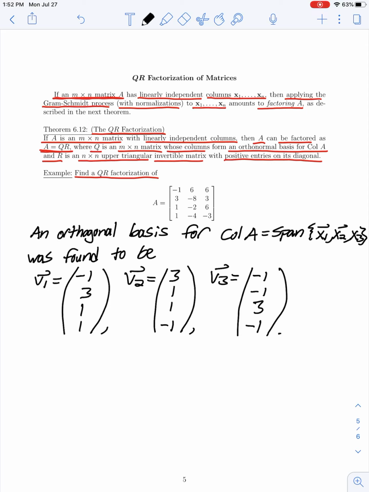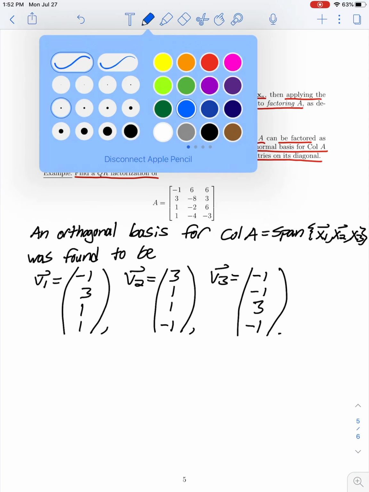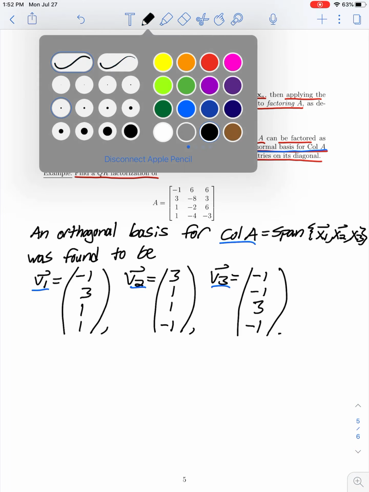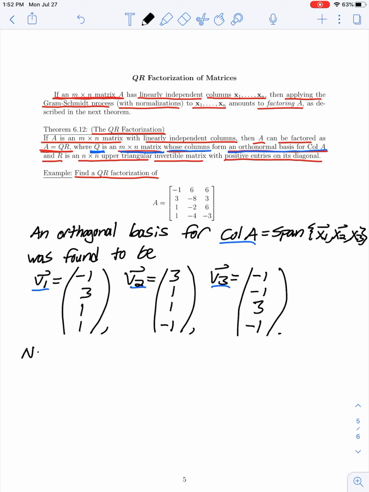So if we are normalizing these vectors, here, if we're trying to construct our QR decomposition, we're going to let Q be the m by n matrix whose columns are an orthonormal basis for our column space. So we have a basis for the column space which is orthogonal, as these vectors v1, v2, v3. Now to get an orthonormal basis, we just have to normalize these, as we did in our last example. So here, normalizing these vectors,